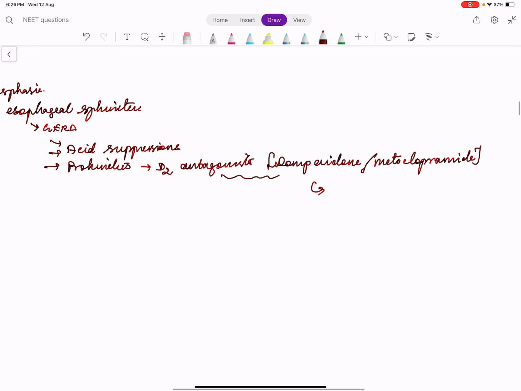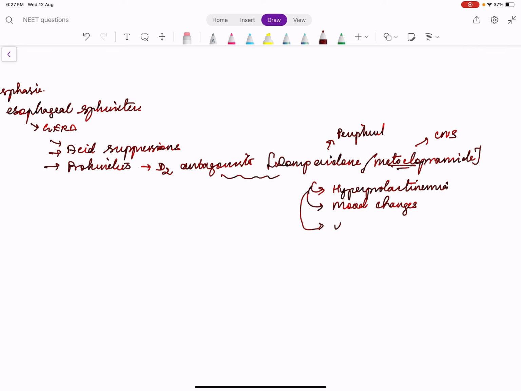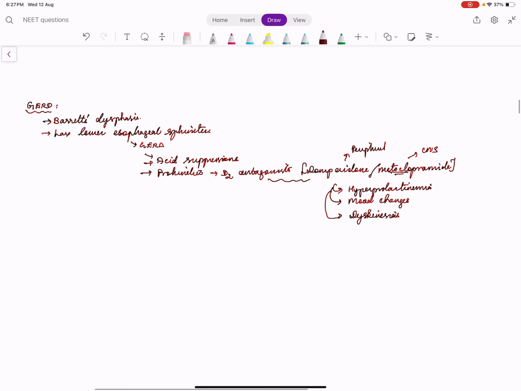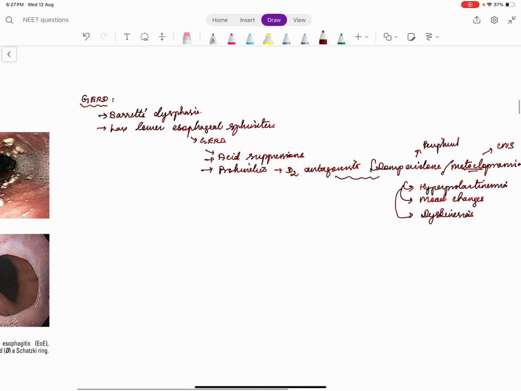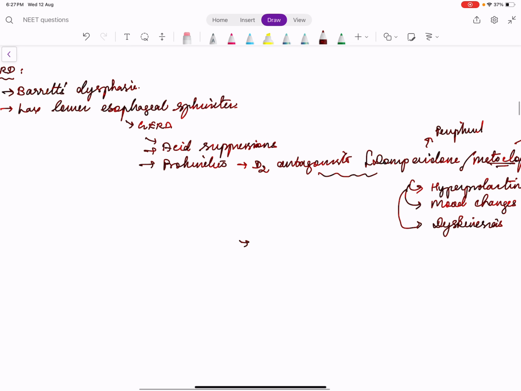When dopamine is suppressed, prolactin will increase. So there will be hyperprolactinemia, especially with metoclopramide, because domperidone usually acts only on the periphery, that is the gastric cells. Metoclopramide has some CNS action. So there can be hyperprolactinemia, there can be mood changes, and when dopamine is suppressed, there will be a Parkinson's-like syndrome. So that is called dyskinesias. These can occur with prokinetics. So that's why the next category of prokinetics came, that is